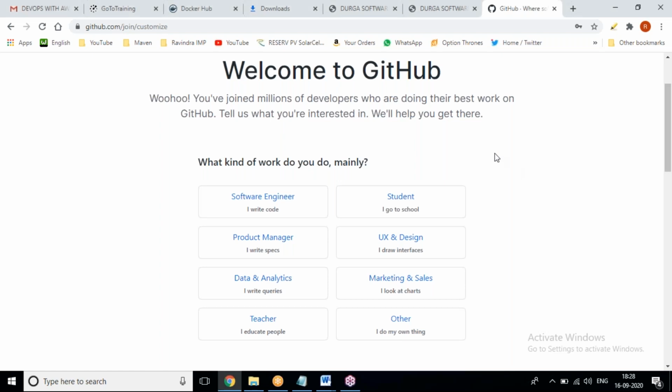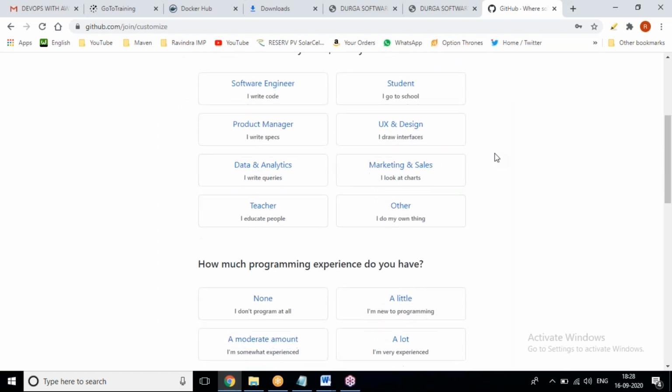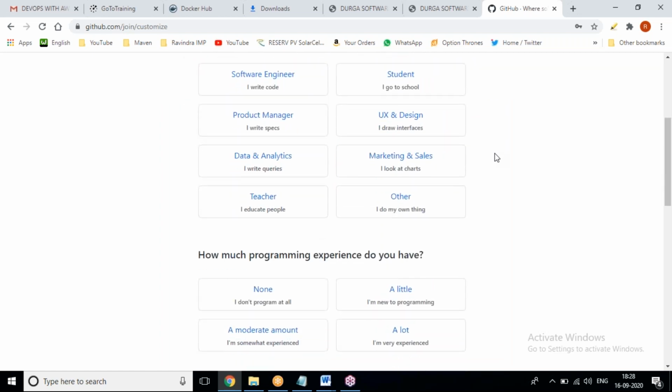See now, what is the use of GitHub? For which purpose are you going to use GitHub? Software engineer, student, product manager, UX designer, data analyst, marketing, teacher or other? How much programming experience do you have?